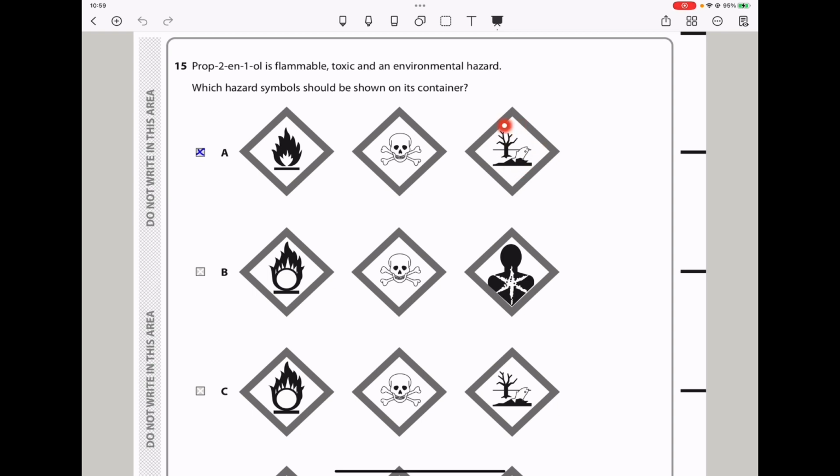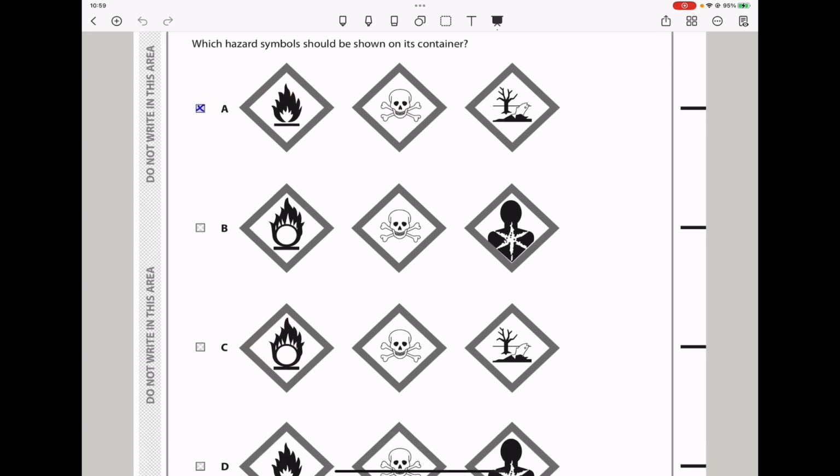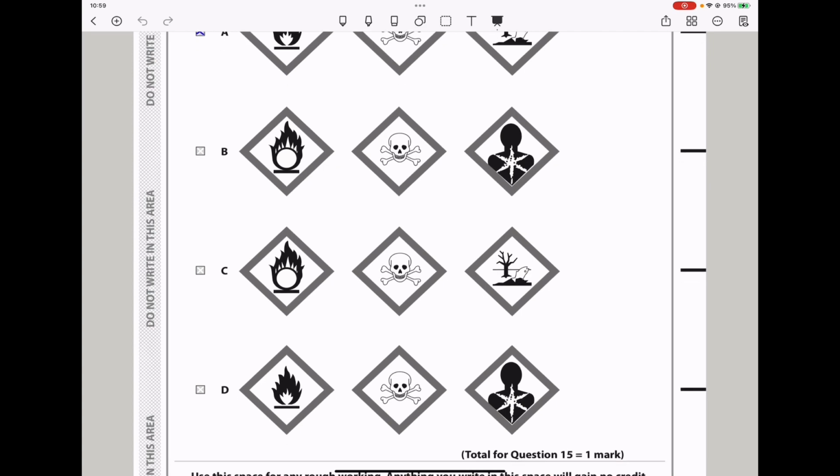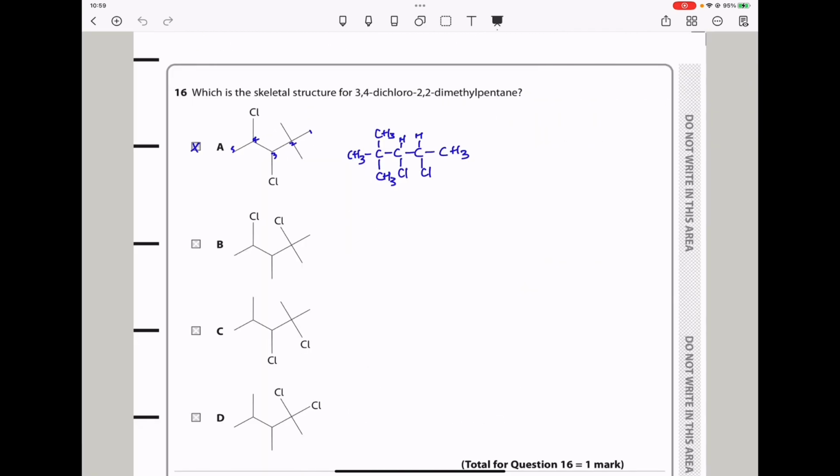I know this one is not included in your textbook as well as this, but try to find out which one means what and how to draw them. At least I've seen a question about that. Also, oxidizing can be asked, so try to make sure you know how to draw all these hazard symbols. So moving on. Question 16, which is the skeletal structure of